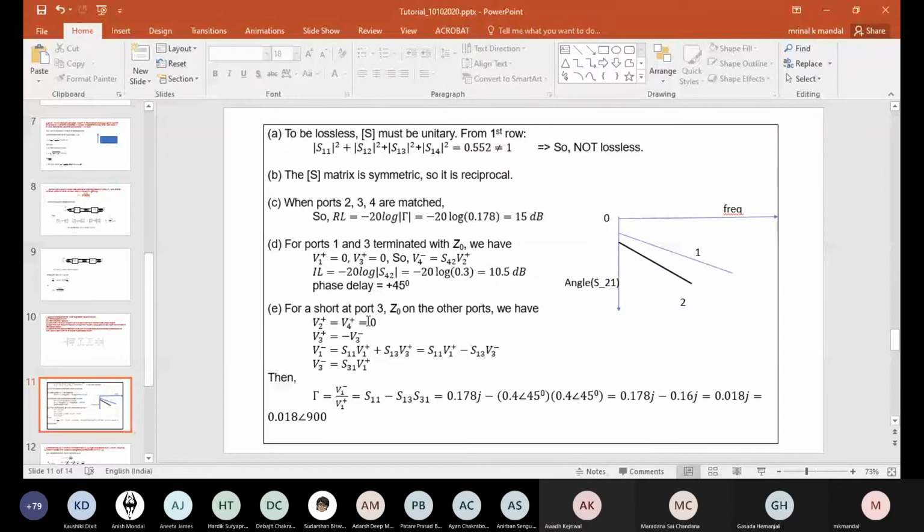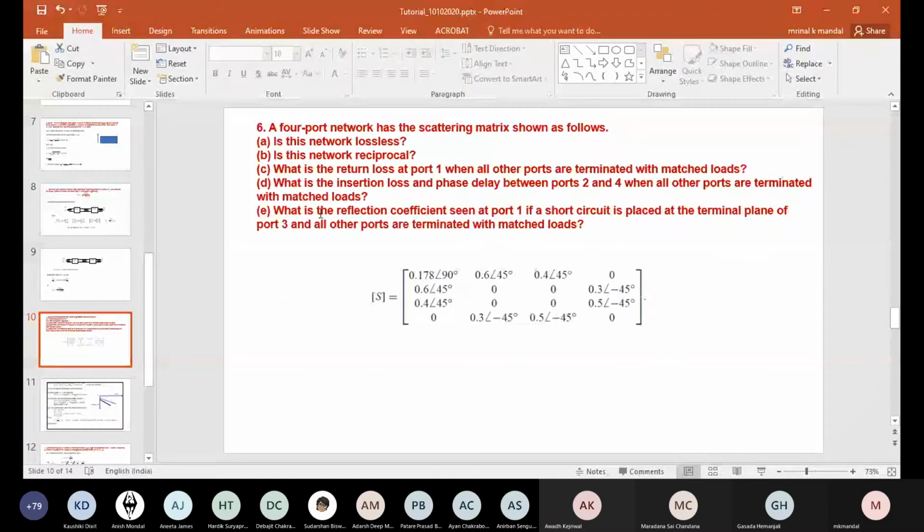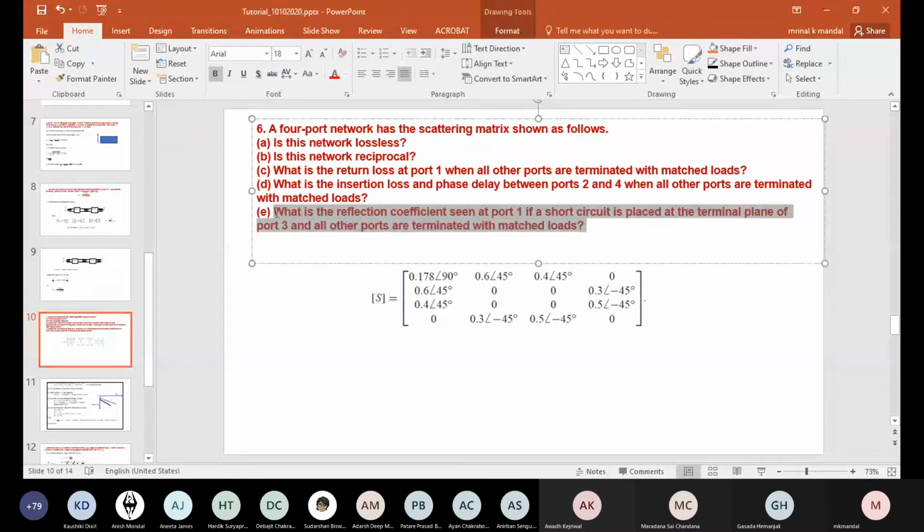So it is, that's why we are saying here delayed by 45 degrees. Anyway, next part: what is the reflection coefficient seen at port 1 if a short circuit is placed now at the terminal plane of port 3 and all other ports are terminated with matched load? So that means, just like last day's problem, but last day we did it for a 2-port network and here it is a 4-port network. But even though it is a 4-port network, it is actually simplified, because other than port 3,